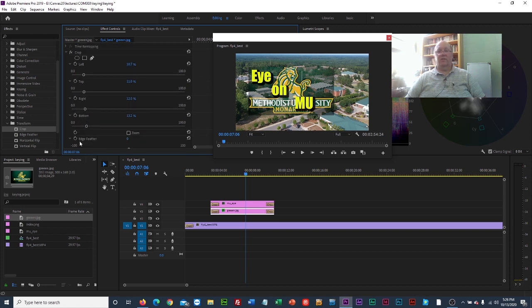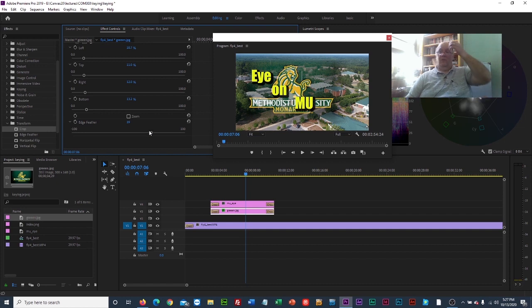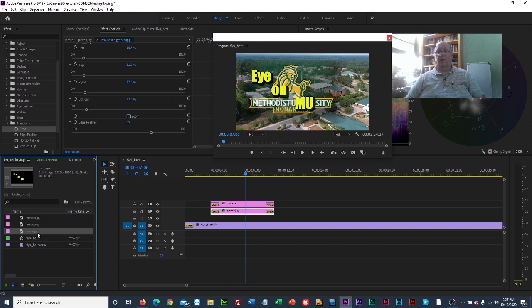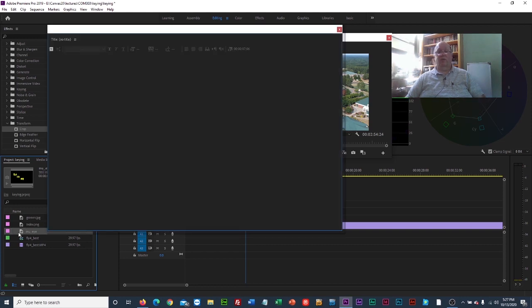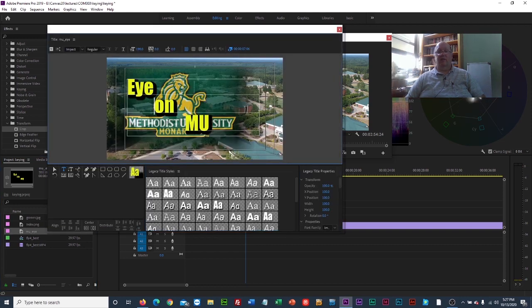And let's see if we can add some edge feathering. Edge feathering. How about that? Perfect. Okay, so in fact, that is so good that I am just going to go back to this original graphic, which is MUI, and I'm going to modify that whole graphic. So I'm going to go back here, and I no longer want to do this like this. I'm going to just basically take it up here,